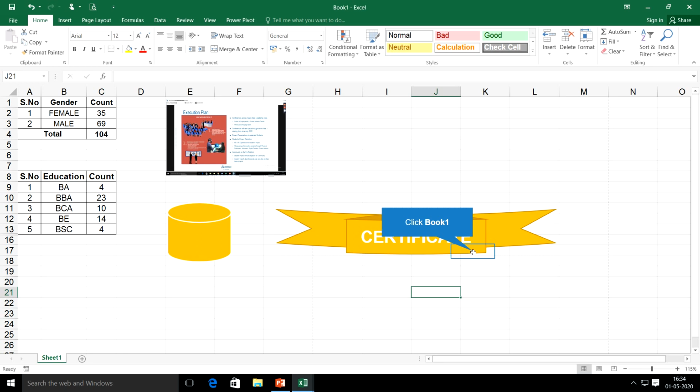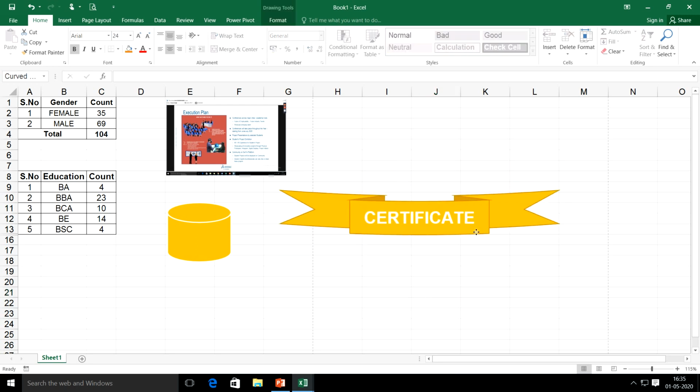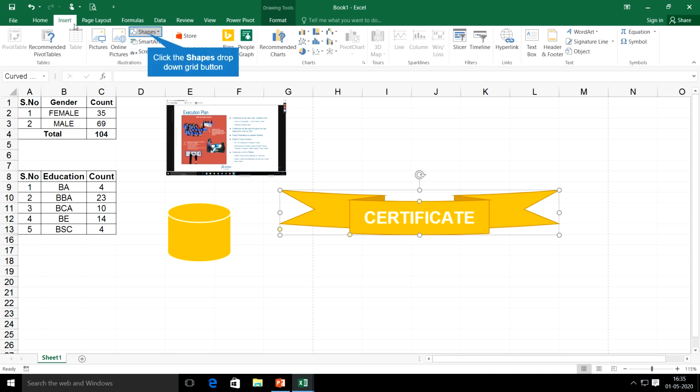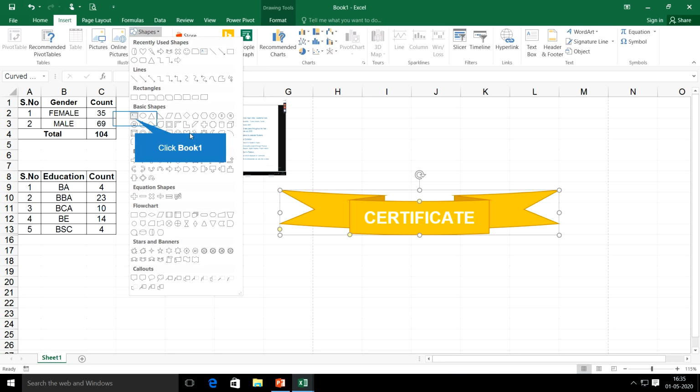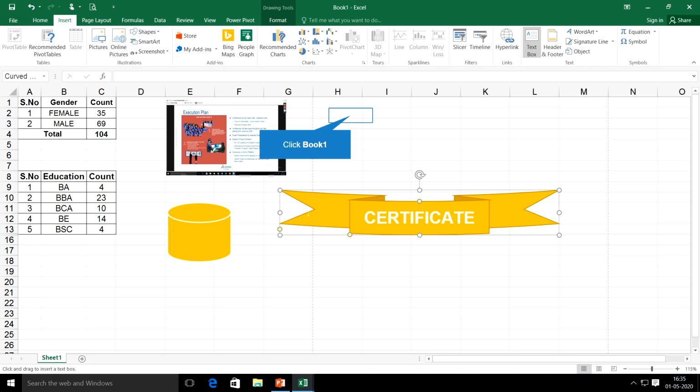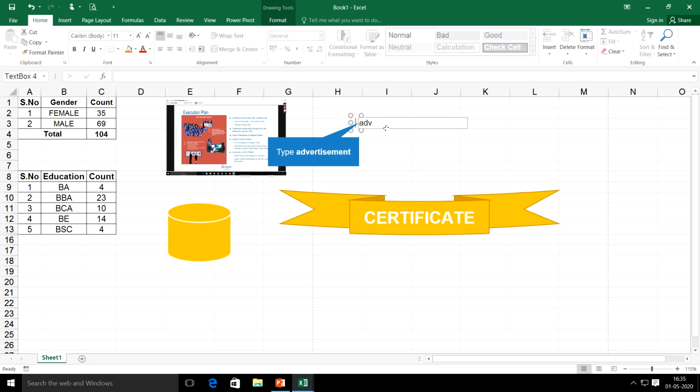So this way you can use shapes that are available in Excel. Likewise, any shape you can insert from here. You can make text included in that and whatever you want. If you want a text box to get inserted, select the text box, click insert, then type whatever you want.